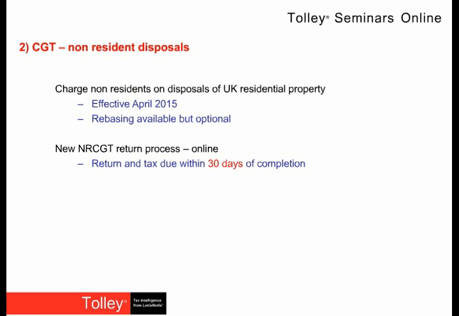It's very, very important that you appreciate that even if the gain is exempt or there are reliefs or there is a loss, if a non-resident individual disposes of a UK residential property after the 6th of April 2015, they must make a non-resident CGT return. For those non-residents who are within the scope of self-assessment, possibly because they have rental income on the property, they will be able to alternatively pay their tax as part of their normal self-assessment bill. They can take the opportunity to pay the tax earlier if they choose to.